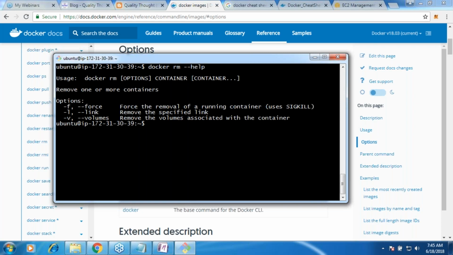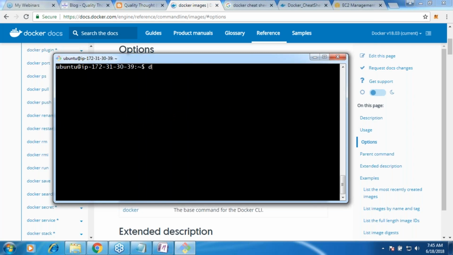Okay, so let us basically do this: docker rm, and now here I have to give the name of the container or id of the container. Name of the container or id of the container. So I know one name, which is my name, because this is something which I have written.